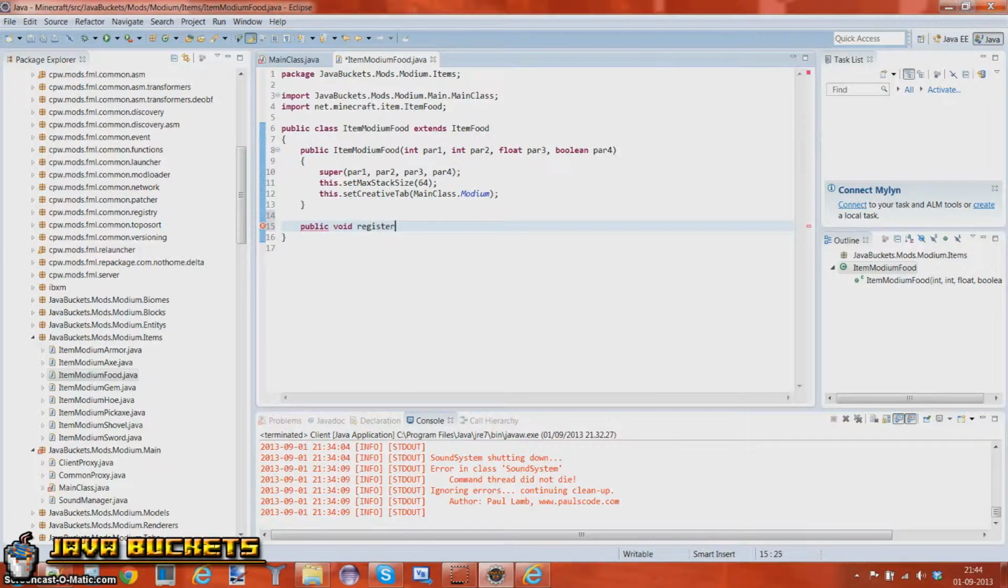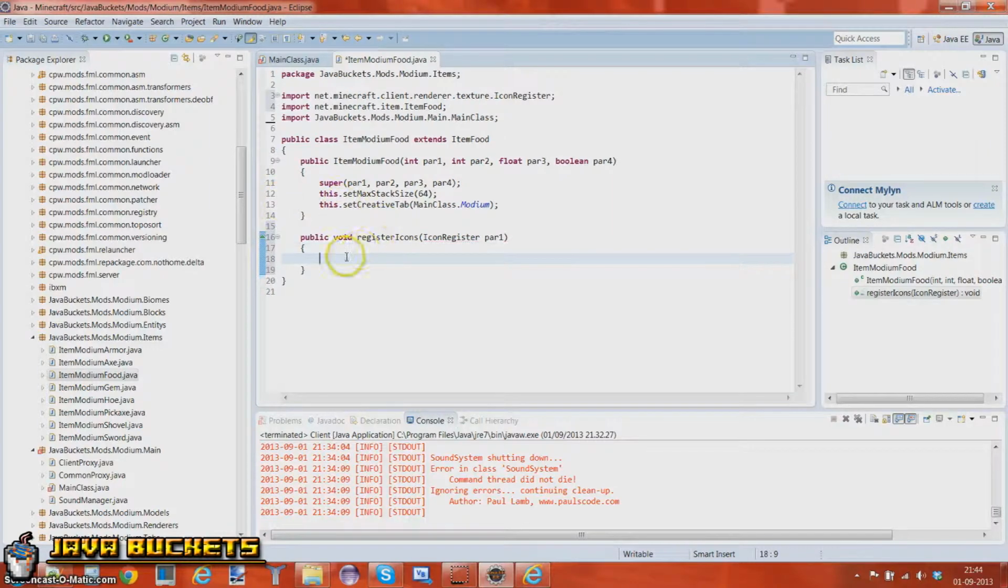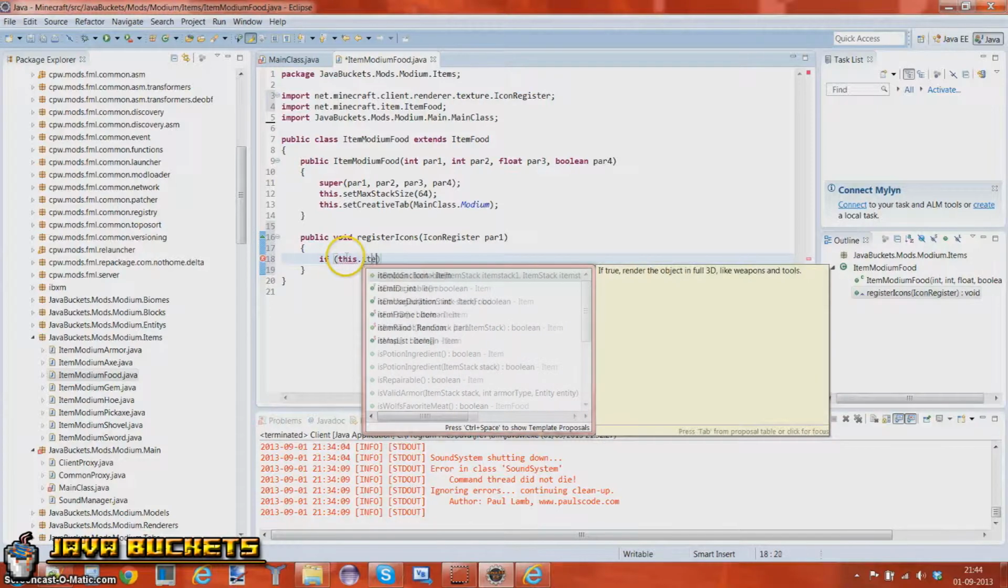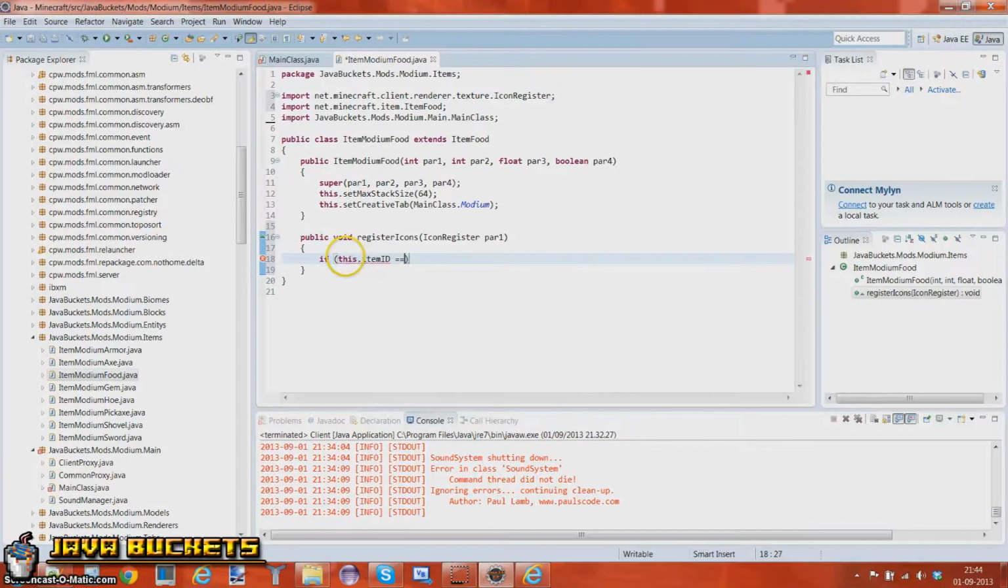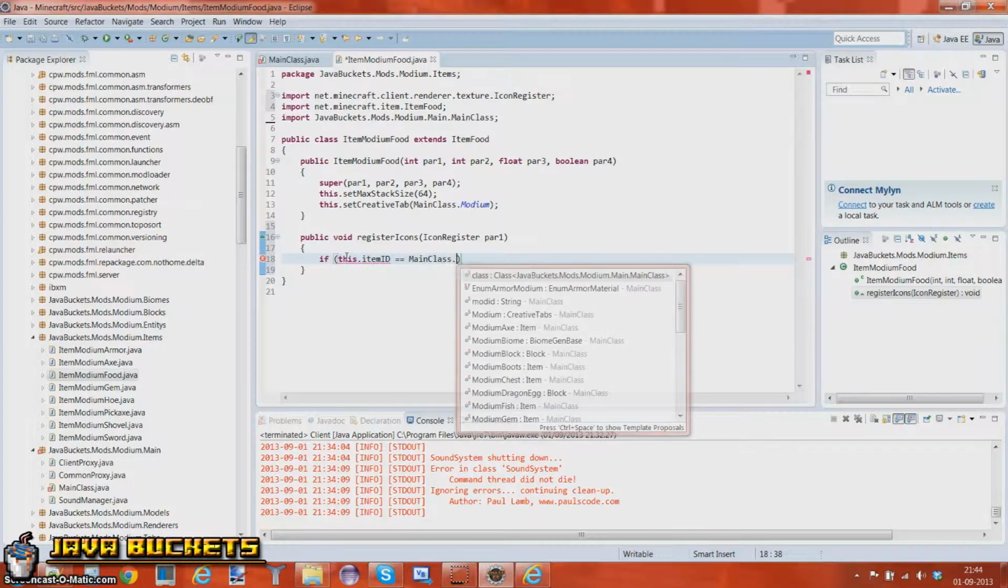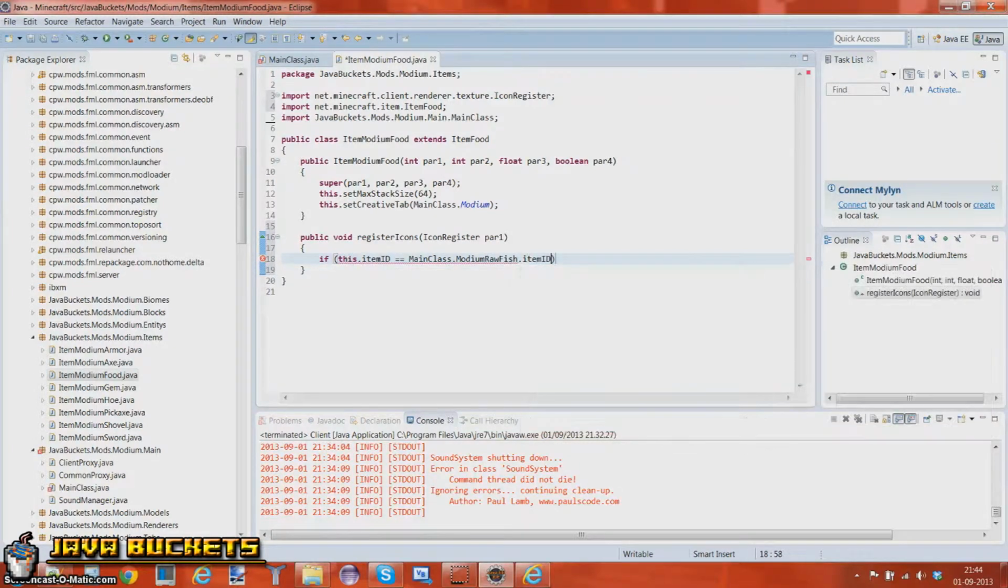So register icons, icon register one, import icon register. Alright, then we add if. Right, so if the item ID of this, which means if this dot item ID equals the same as main class dot medium raw fish dot item ID, which means if the ID of this item is the same as raw fish,